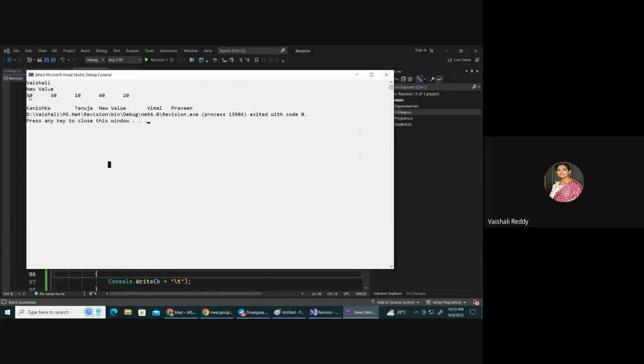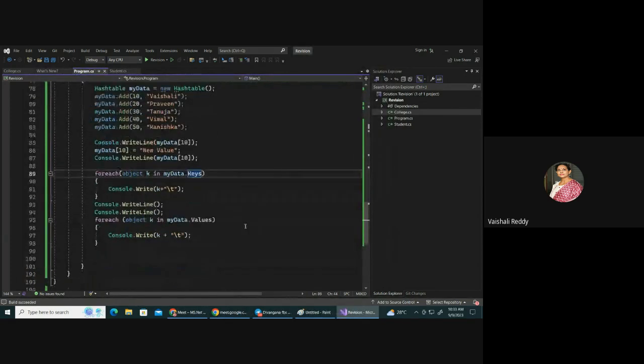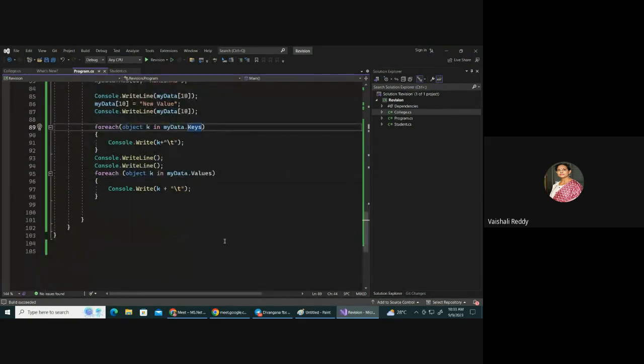And here you may see the order is a little bit different. So I believe internally it is stored in the tree format. Tree के form में store होता है ये, normal array के form में नहीं होता है. So the internal arrangement is a little bit different. Understood everybody? Hash table समझ में आ गया? Next is